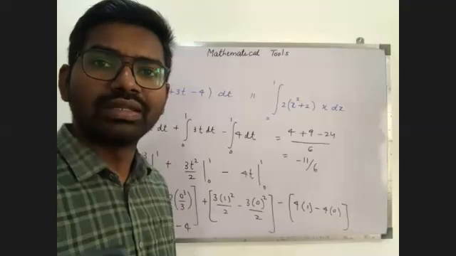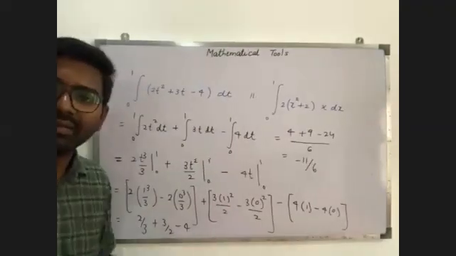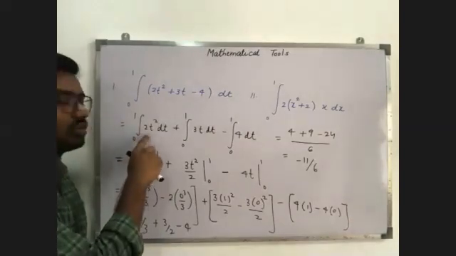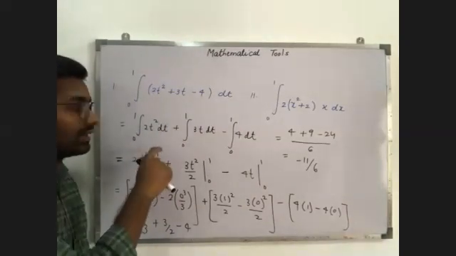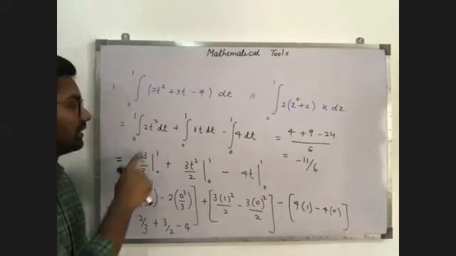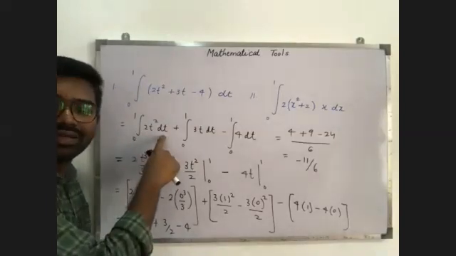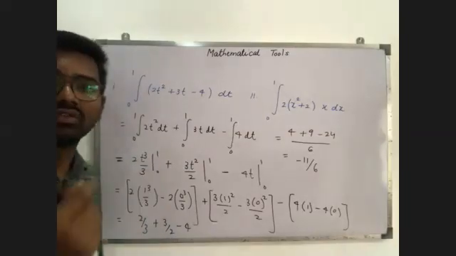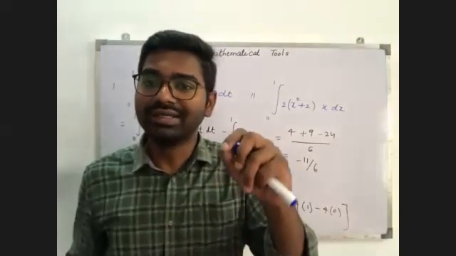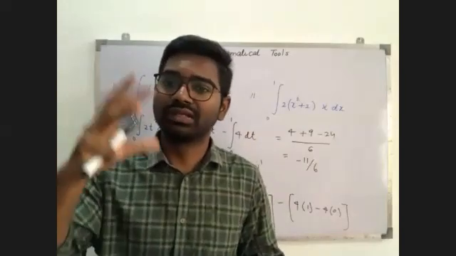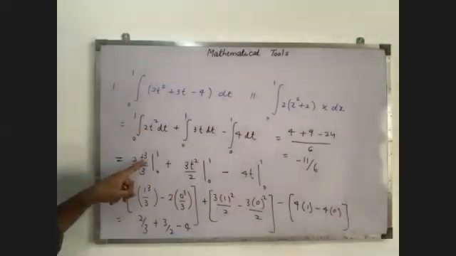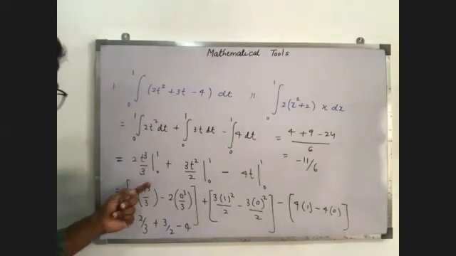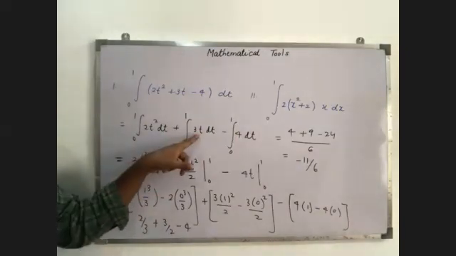Second step, Praneeth. This is simple mathematics. If you look, 2 is constant. I told you how to integrate. So 2 is constant, it is going to be here. Integration t square dt is t cube by 3. By using the formula, integration x to the power n dx is nothing but x to the power n plus 1 divided by n plus 1, means t to the power 2 plus 1 divided by 2 plus 1, means t cube by 3, plus 3t dt.